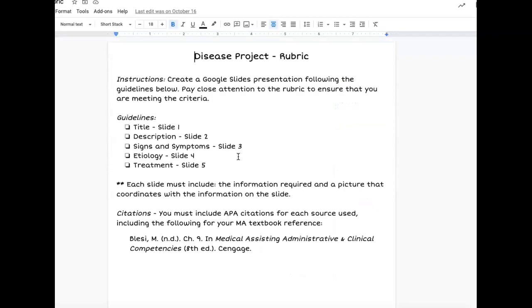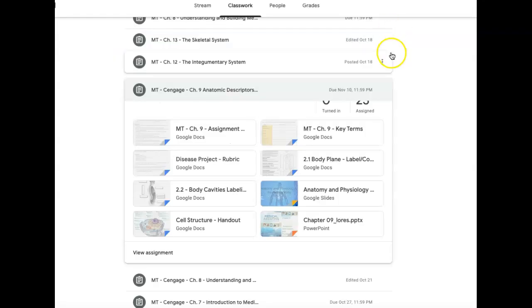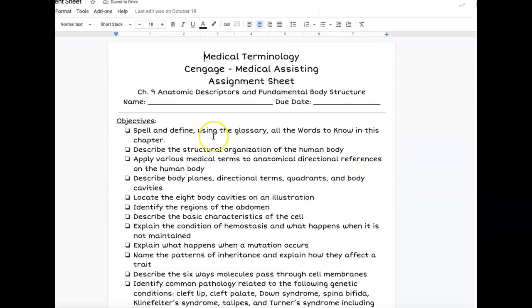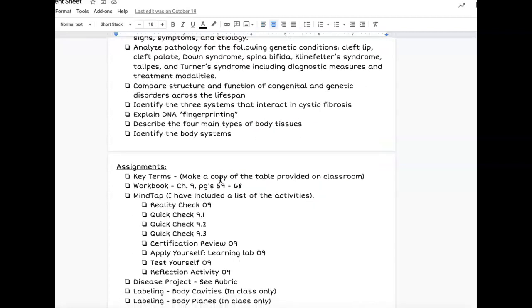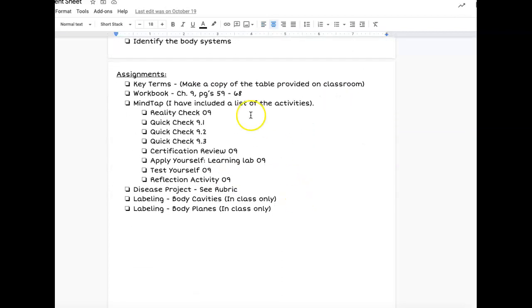So if you have questions on this, please do not hesitate to reach out to me. I will be giving more information on this as well, though. Please make sure that you're utilizing your assignment sheets. These are what keep you on track in these chapters and in these units. Here are the expectations for